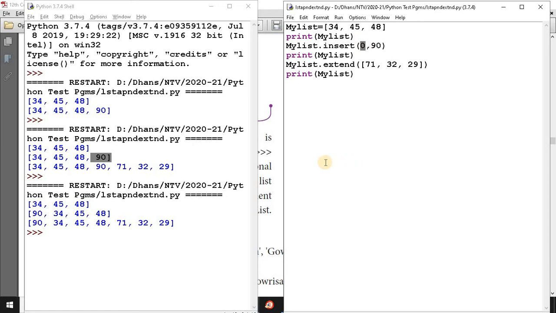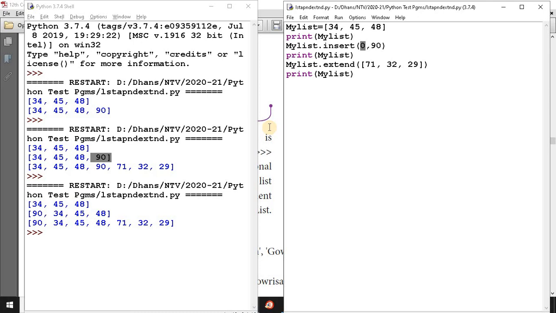Okay. So today we have seen three important functions. What are these? List name dot append, list name dot extend, list name dot insert. What are the similarities and differences between them? The append function inserts only one single element at the end of the list. Extend function, what will it do?